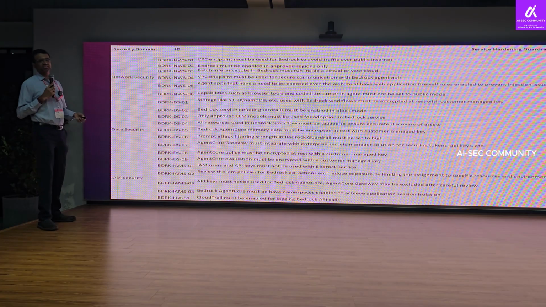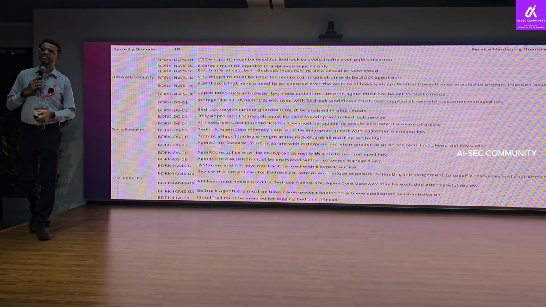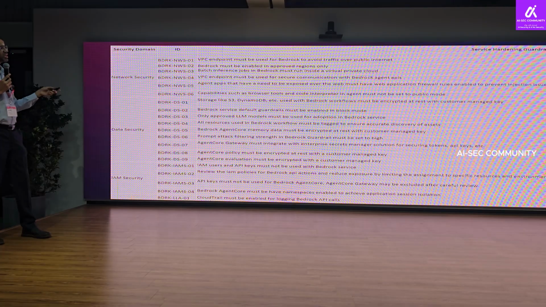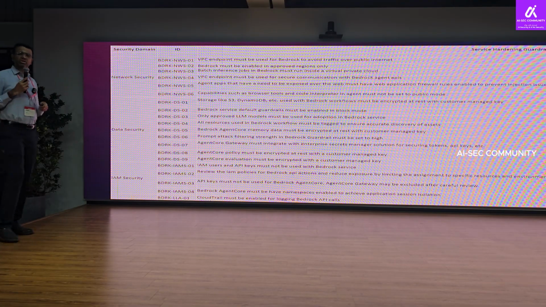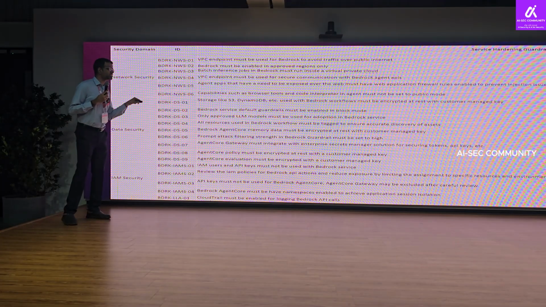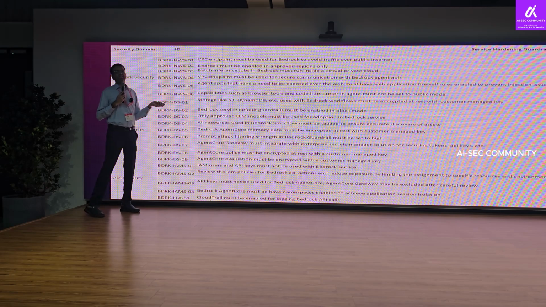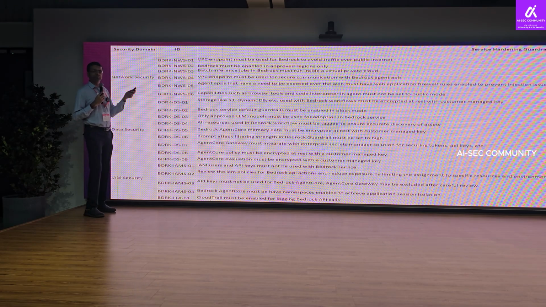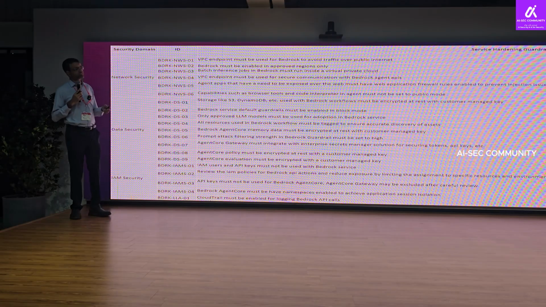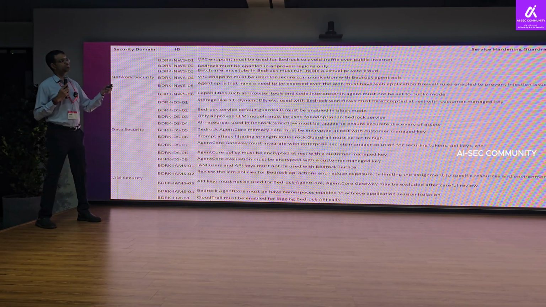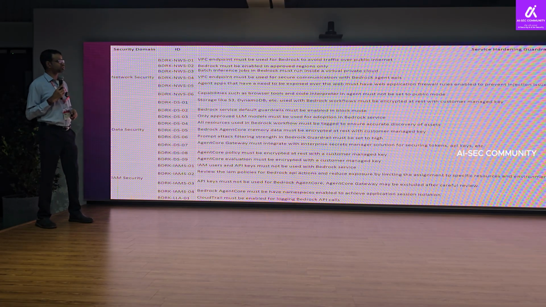And Bedrock, for example, integrates with other services like S3 and DynamoDB, right? So it is also crucial for you to apply the same logic to the other services that you are using. So it's not only about protecting your AI, but also about where AI is interacting, and securing and hardening those upfront, so that overall you are able to manage the security posture at a broader level.